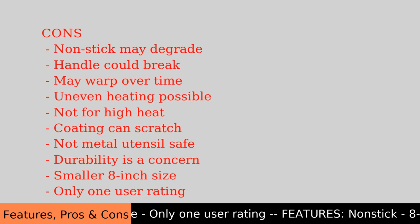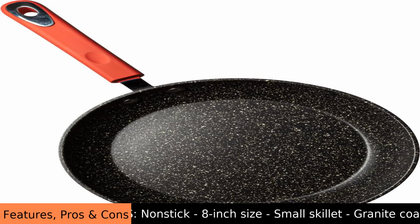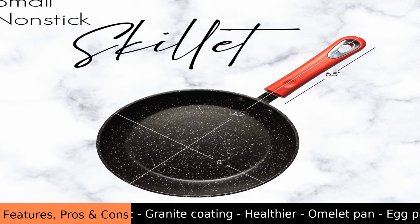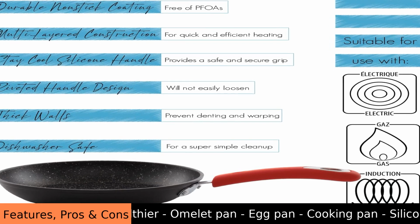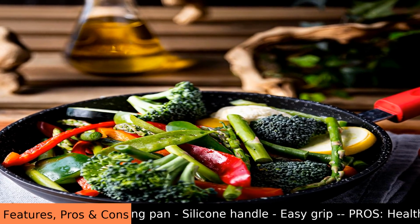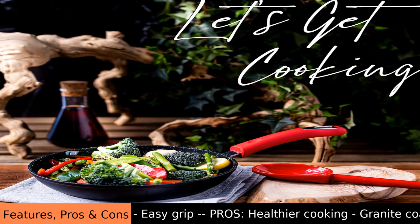The Millvado 8-inch nonstick frying pan is a small skillet with a granite coating that helps food not stick, making it good for cooking things like omelets and eggs without using a lot of oil. It has a silicone handle that's easy and comfy to hold and can be used on electric, gas, and induction stovetops. While it's easy to clean because of the non-stick surface, this coating might wear out over time, and there's